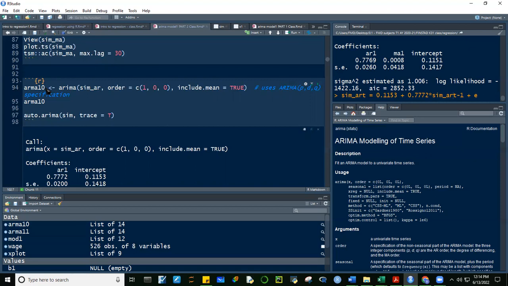Pag MA process naman, we're using the error terms, no? Ano yung error terms na yun? Yung actual value minus the average. No? Minus the average. Yun ang tinitingnan natin. Yung difference ng actual at saka ng average niya, yun ang residual natin. Yun ang epsilon sub t natin. Okay? So we're getting the difference of that. That's your error term.